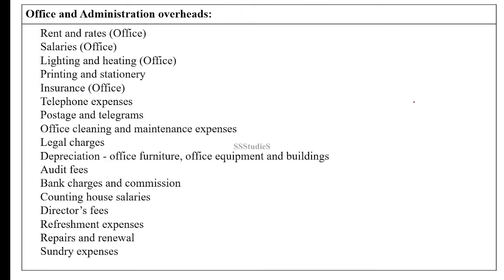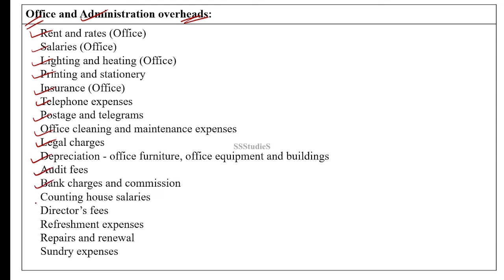Coming to office and administration overheads, again overheads, so it's indirect expenses, but these are indirect expenses related to the office and administration. So rent and rates: if it is factory, it goes to factory overheads. If it is relating to office, it will be under office and administration overheads. Salaries of office, lighting and heating related to office, printing and stationery, insurance related to office. Telephone expenses, postage and telegrams, office cleaning and maintenance expenses, legal charges, depreciation of office furniture, equipment, and buildings,